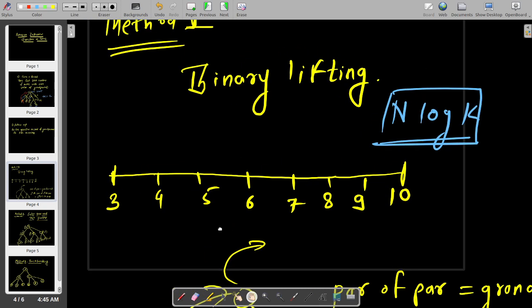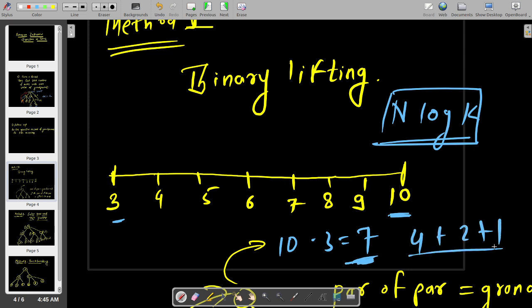Let's say you are given a question: you have a number line and you have to jump from 3 to 10 with a minimum number of jumps, and you can only jump in powers of 2. So how would you do that? You could convert the question: 10 minus 3 is equal to 7, and represent 7 in binary. So in binary it is 4 plus 2 plus 1, right?